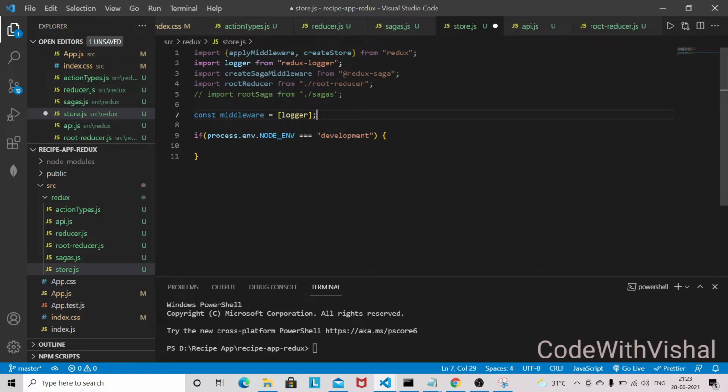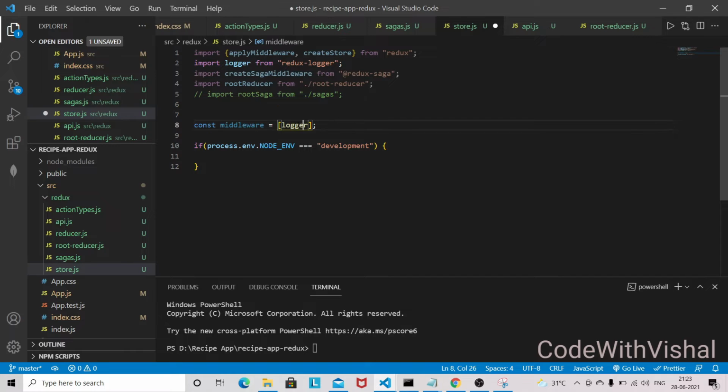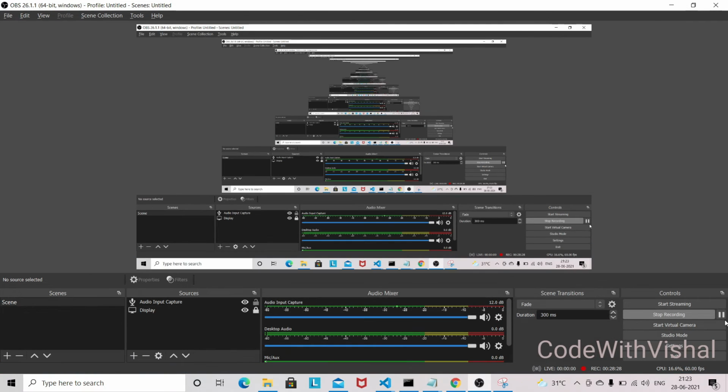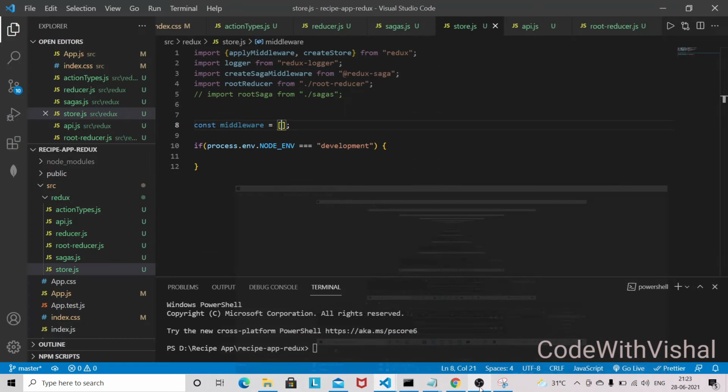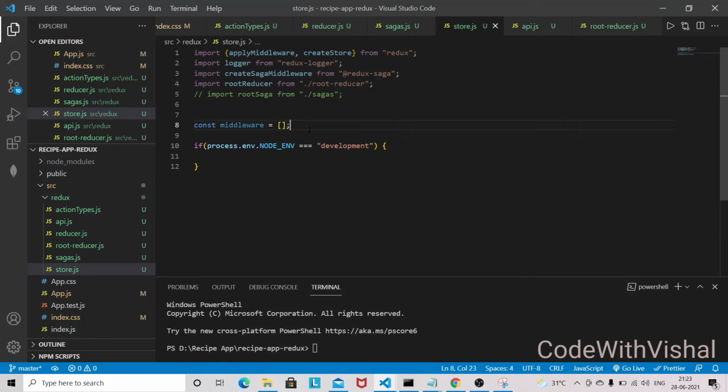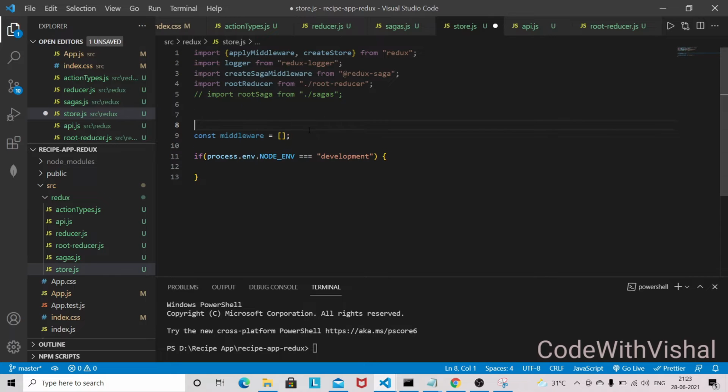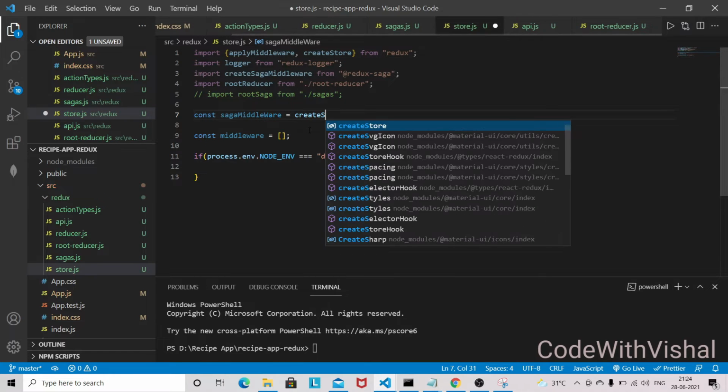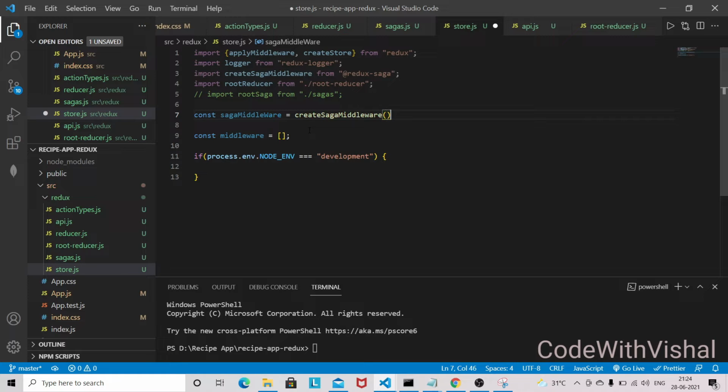So here we have to make it empty as of now. So here it will be empty. Here we need our saga middleware. So sagaMiddleware is equal to createSagaMiddleware.